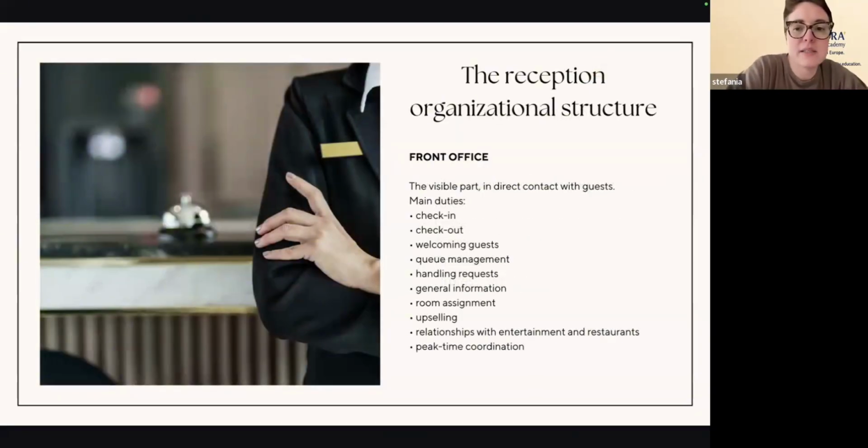Ok, let's start from the reception organizational structure. Il front office. Okay, so the front office, you know that it's the visible part of the reception. Front office is the front, back office on the back. The visible part, that is the part in direct contact with guests, and the main duties of the reception is check-in. Okay. As always, check-in and check-out is the most important part of the reception. The reception is also welcoming guests and speaking with guests for requests, complaints,